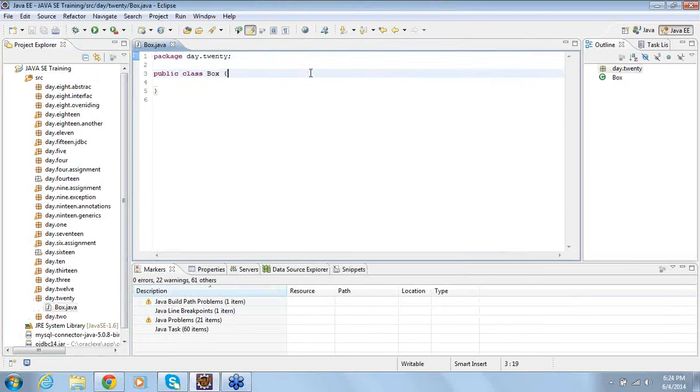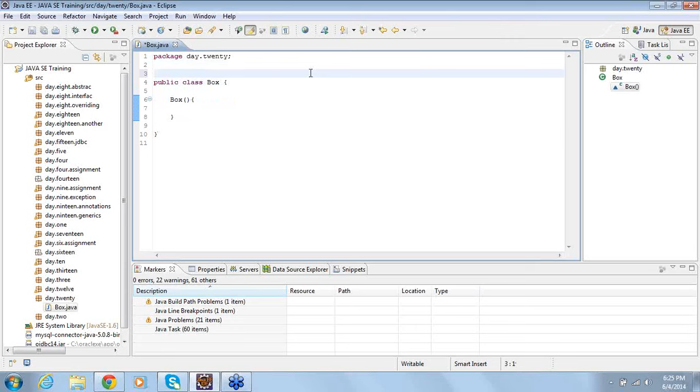Now it has a constructor. What is a constructor? A method which has the same name as the class name.